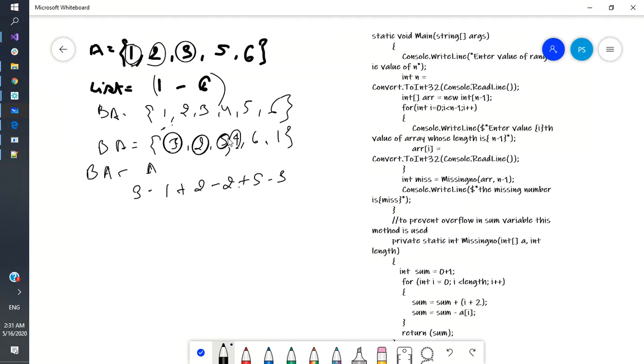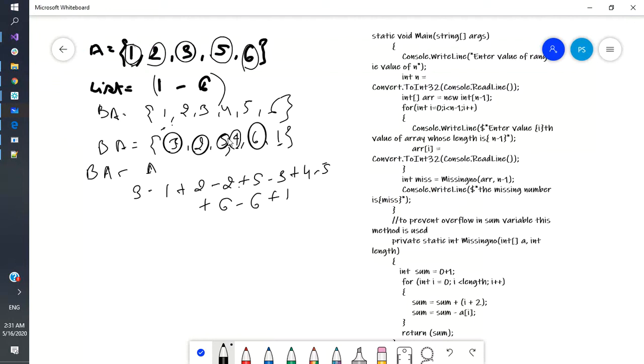Now the fourth element from the bigger list and the fourth element from the smaller list, so plus 4 minus 5, then 6 minus 6, and at the end I'll be having this plus 1.